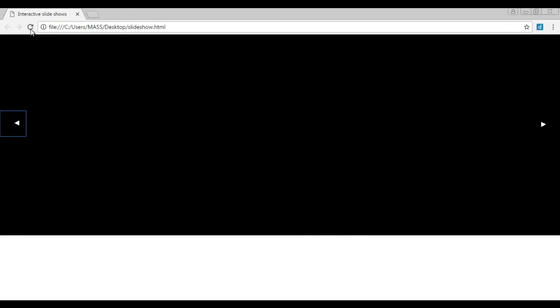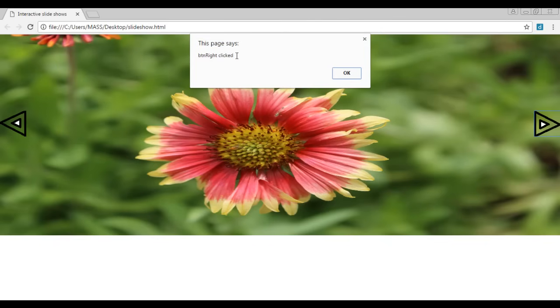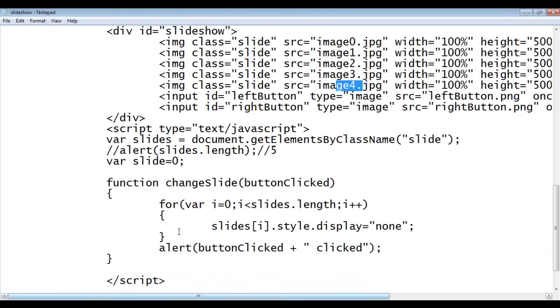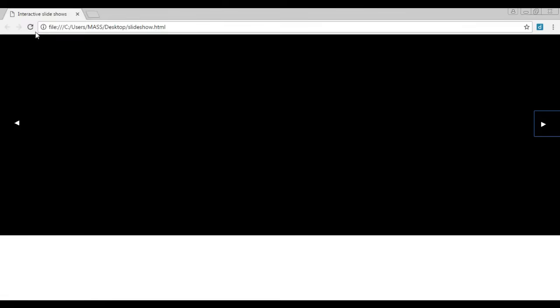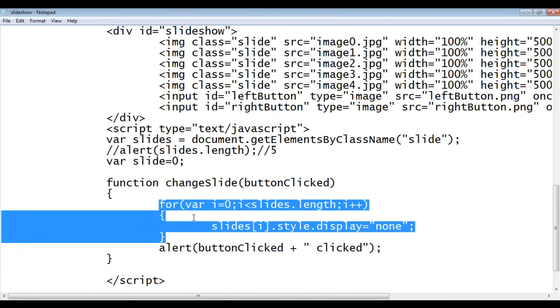If I refresh, again we see image0.jpg visible. If I click on the right button, you can see that it is showing btnRight clicked, and all slides are invisible. So the responsibility of this for loop is to make all the slides invisible, and when we refresh, we get image0.jpg visible, because the whole page is re-executed.